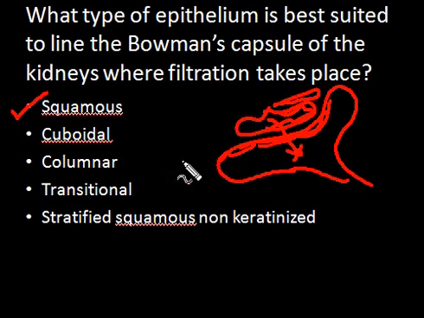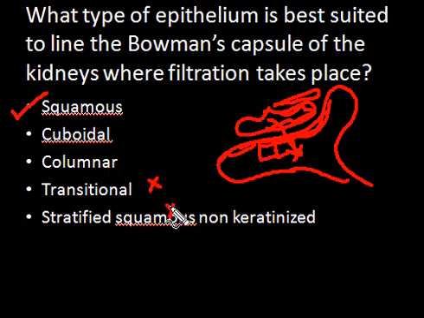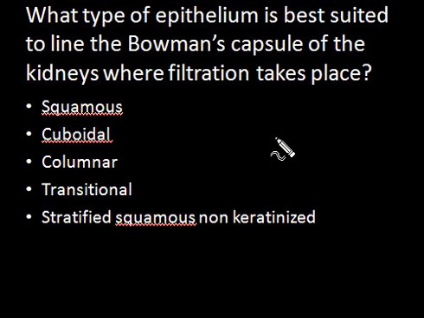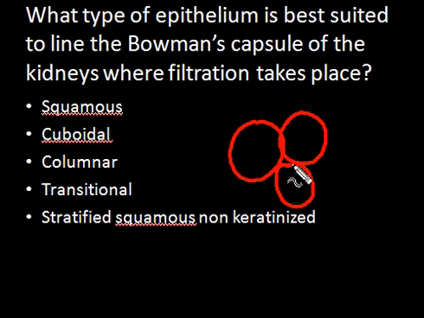Cuboidal is too thick because imagine the cells are this way, so it has more distance to pass through. Columnar is even thicker, and you don't want stratified epithelium anywhere where substances have to pass through like that. This is the other reason why, even in the alveoli of the lungs, where gas exchange takes place. If you look at the air sacs or alveoli of the lungs, and in between you have blood vessels, this is the squamous epithelium of the alveoli, this is that of the blood vessels, and oxygen goes